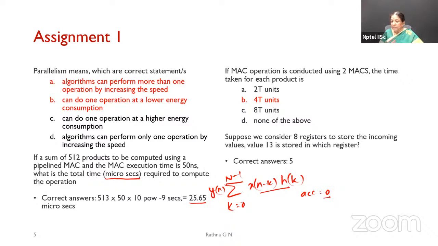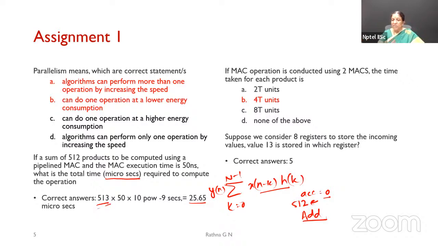So once this is done, one more addition will be left out. So we have to account for, after whatever our 0 to 511, the 512th operation, we need to add the last one to get the correct result. So that's why we take it as 513 into 50 into 10 power minus 9 seconds, which is